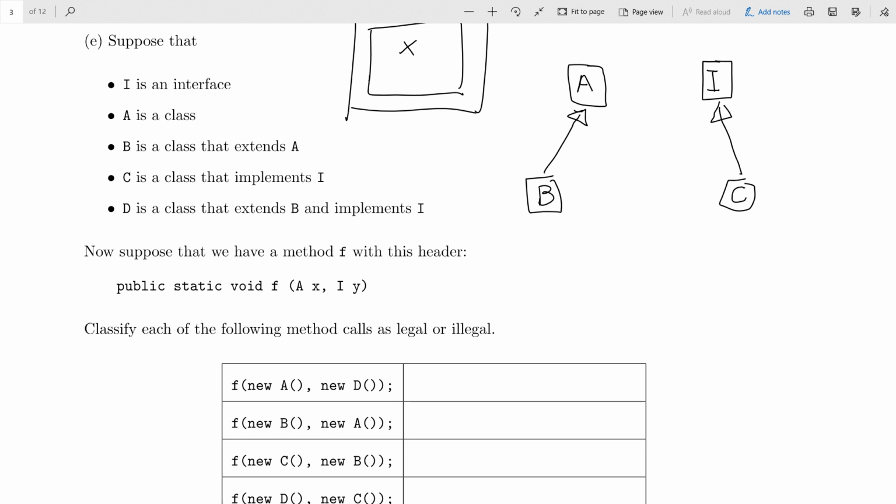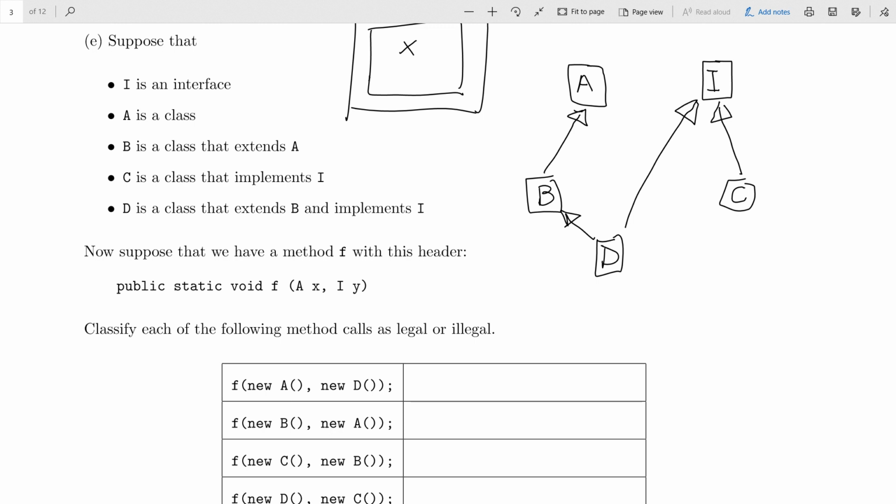And then what should I do with D? Yeah, we're going to have D here that extends that class and implements that interface. Fine. I hope I got all that right. So that way you can at least glance at it and see how things interrelate.